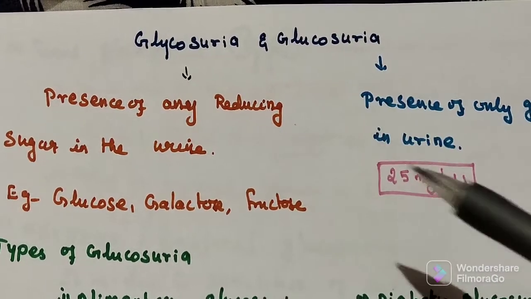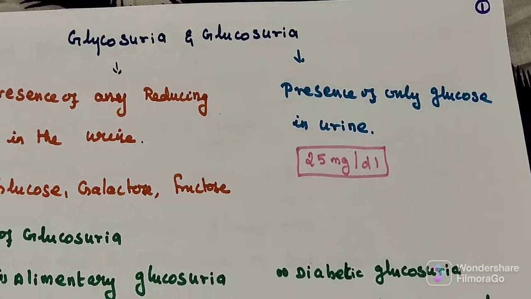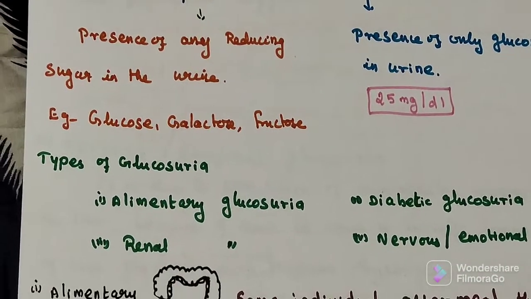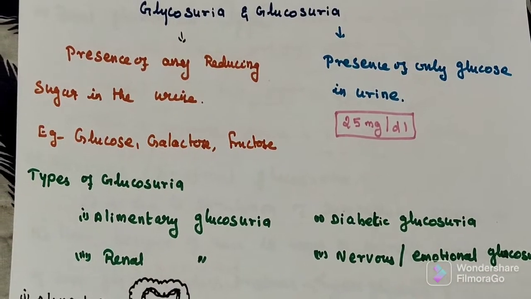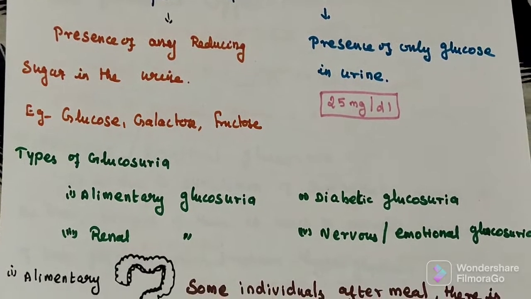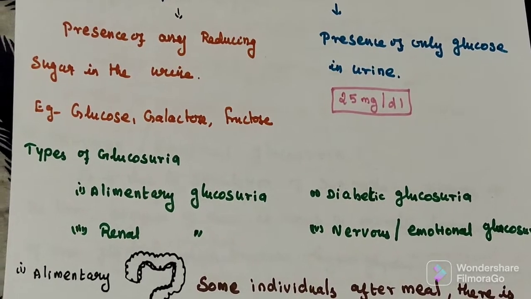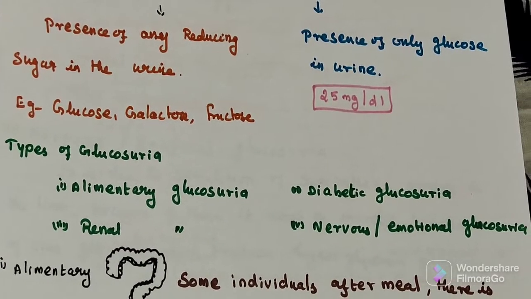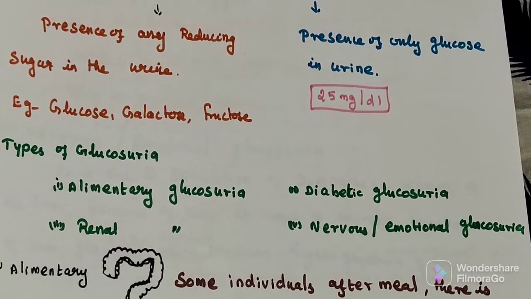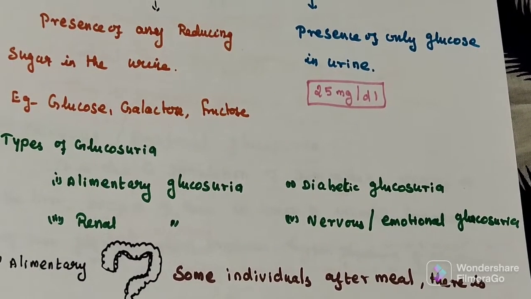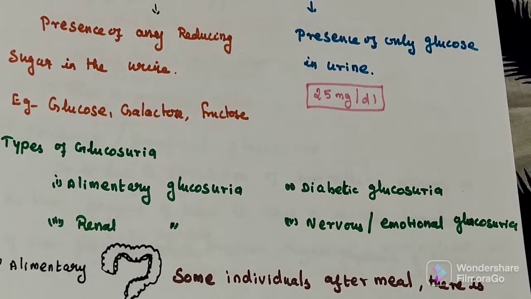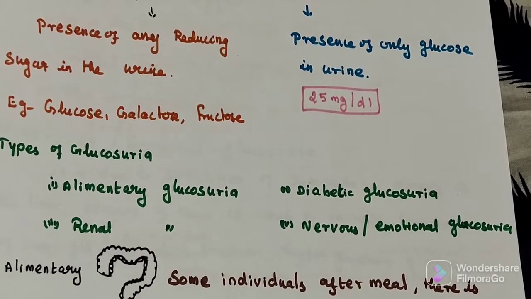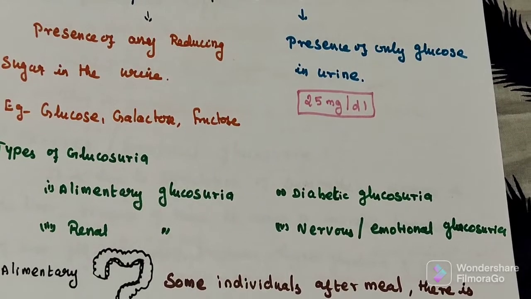What is glucosuria? Presence of only glucose in urine. This term is used only for excretion of glucose. Excretion of fructose in the urine is called fructosuria. Excretion of galactose in the urine is called